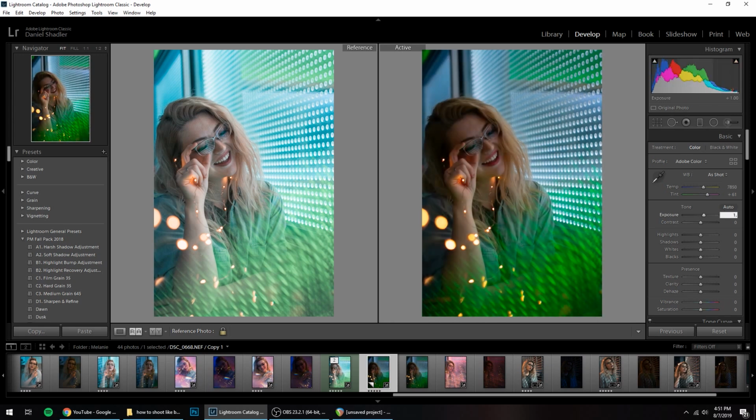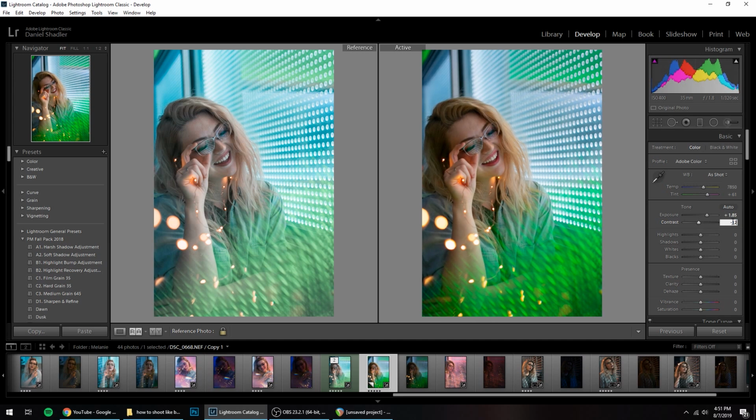I'm going to bring this up to 1.85, and that's basically right where I want that to be. Contrast, I'm going to take down, so we go -12. For the rest of this, I'm going to type these in, and then I'm going to explain after. So -69 for highlights. Shadows is +48, so I'm bringing those up. Whites, bringing it up by 26. And then blacks, I'm also going to bring up. The reason I choose these settings for this is I want everything to be a little brighter, and I want to still have my detail in the dark spots. So I want to have everything be clear, so nothing is too dark in the photo,